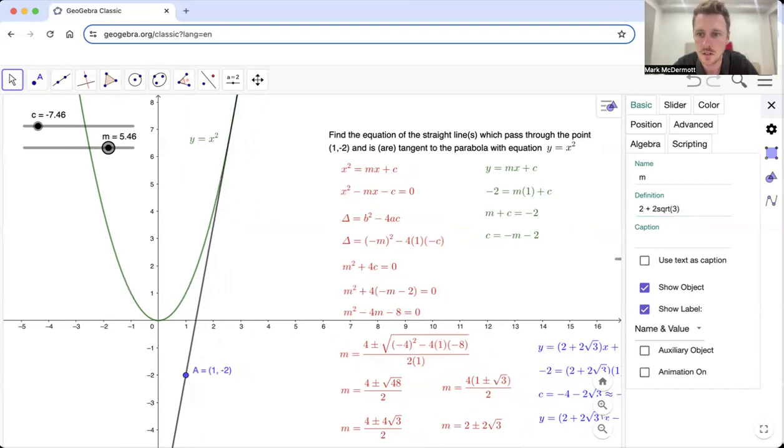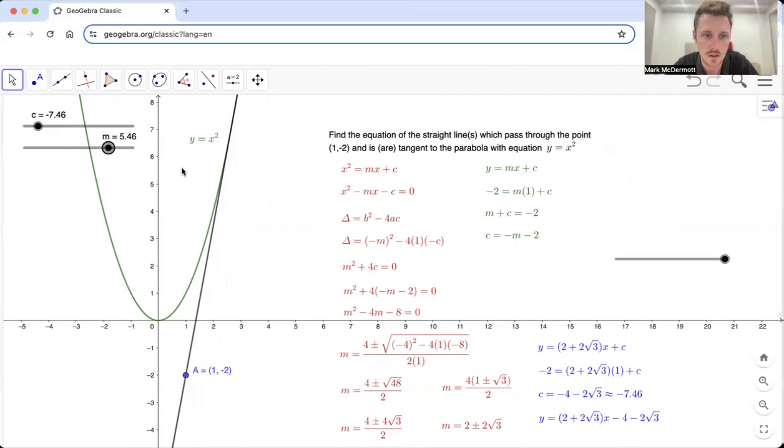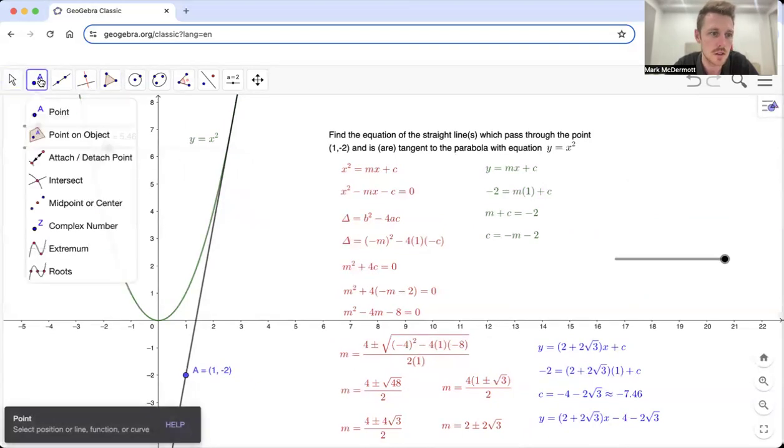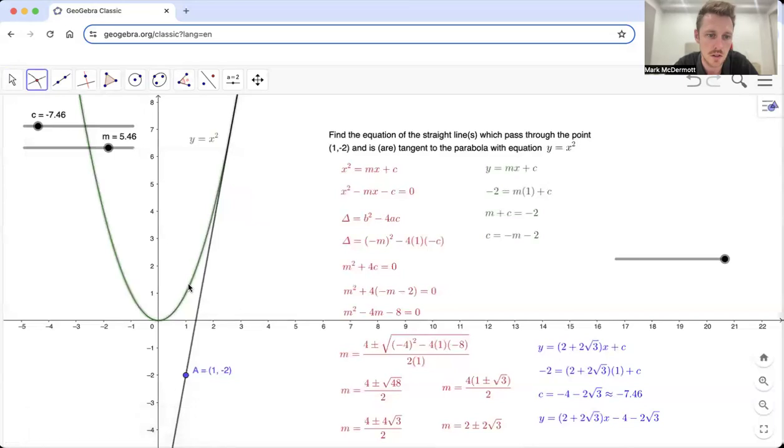Okay, so now it's actually exact. Those sliders are exactly where I need them to be. So if I click intersect, I can click this green line and the red line and the black line, and I get 1 point of intersection, which is exactly what we wanted. Okay. If you've gotten this far, you've done well. You can obviously think the other solution for m is going to be 2 minus 2 root 3. So you're going to be doing this last step, but you're going to use the gradient 2 minus 2 root 3 this time. You get a different c value, and then that would tell us where the other